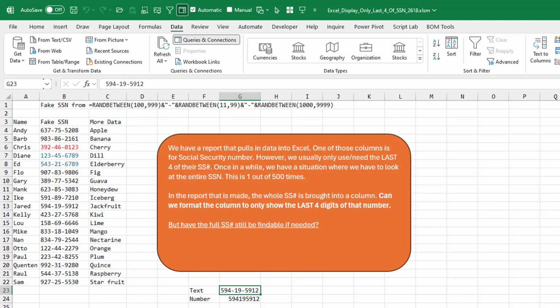Okay, so those are 2 solutions, and I just get this feeling that the people who asked this are going to say this is too kludgy and it's not going to work. Does anyone have a better way to display just the last 4 digits from a number, but to keep the rest of the digits there? Let me know down in the YouTube comments. The folks at the VA are doing a great service for our veterans, and I would just love to figure out a solution here for this.